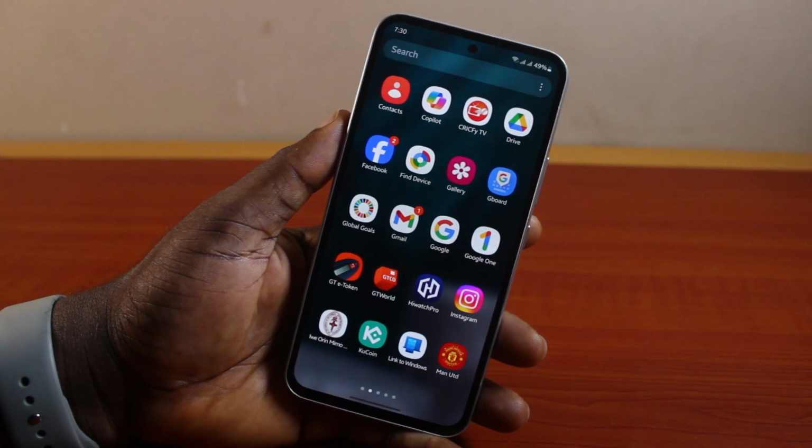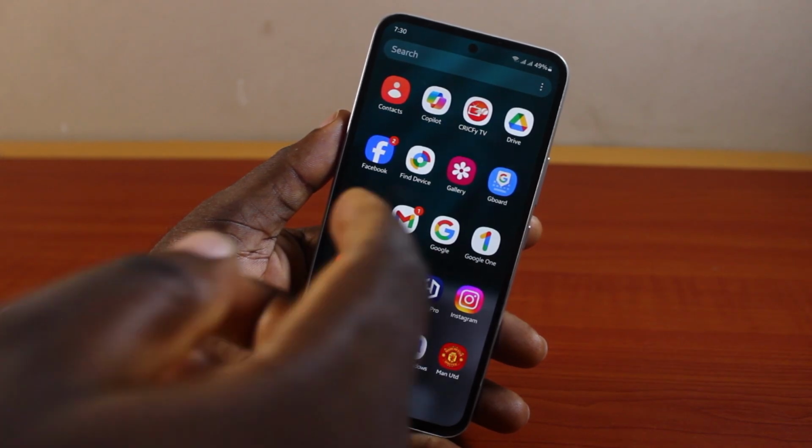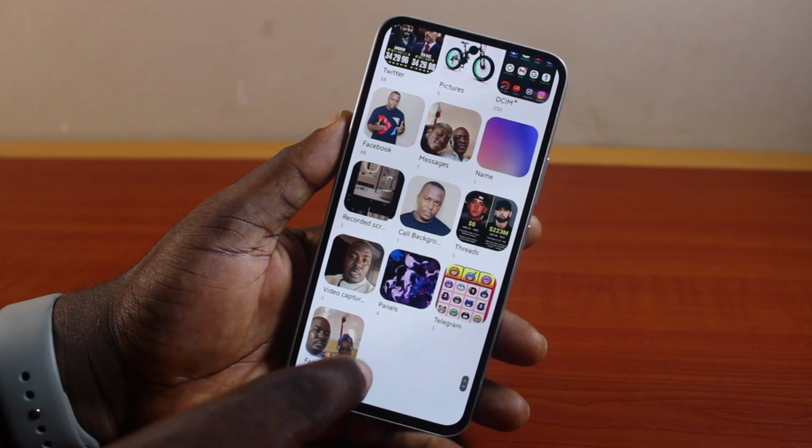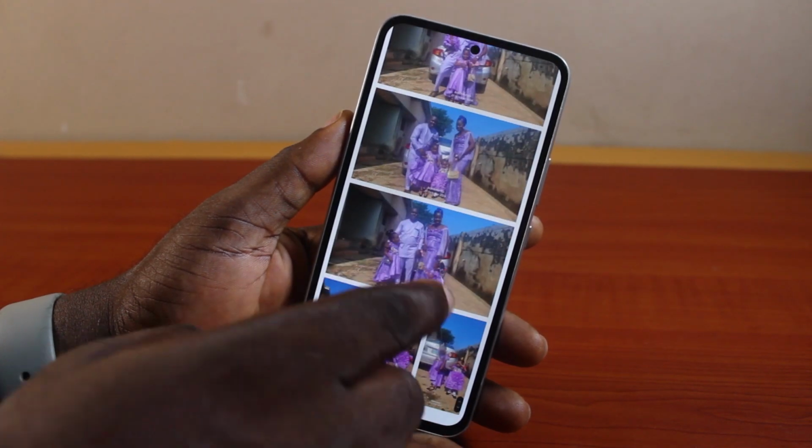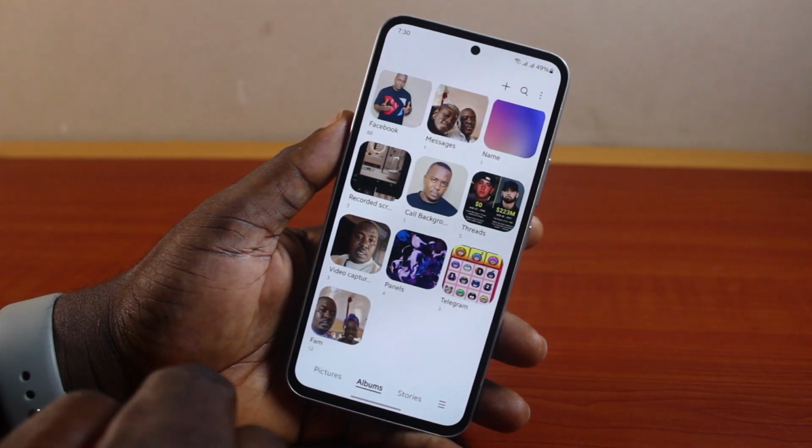How to create album on Samsung. So if you want to create album on Samsung, to move in your photos so that you are able to section photos in Samsung Galaxy phone, then this video is going to walk you through how to do this step